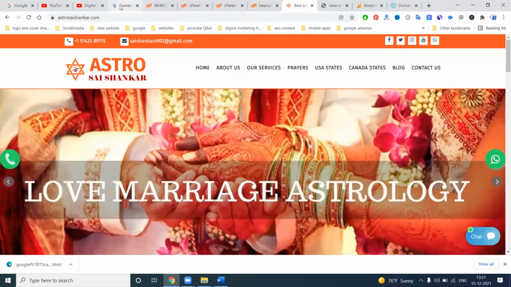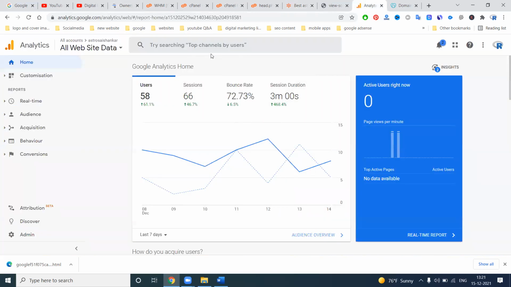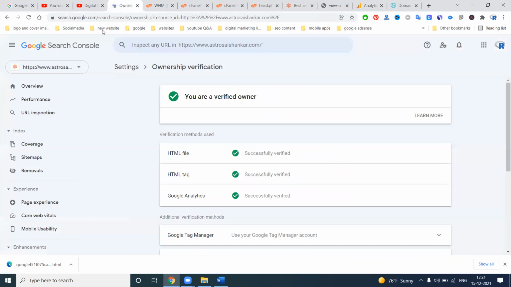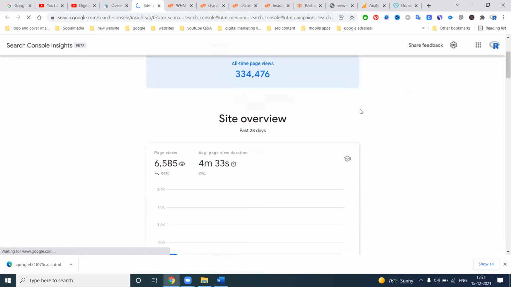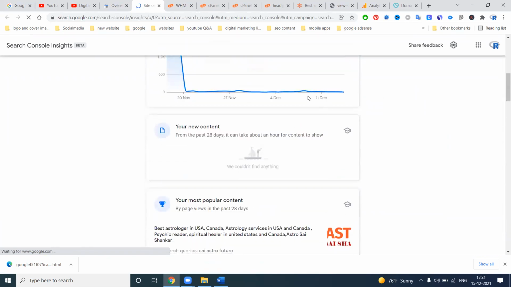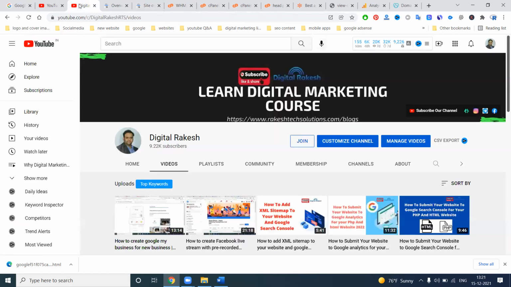Google Search Console and Analytics are compulsory and important. What your website tracking shows in Google Analytics will show in the option called Search Console Insights: the clicks, the links, the daily reports, and your trending keywords. All of that will be shown to customers on particular pages. These are the various steps we can follow to set up the Google Analytics option.